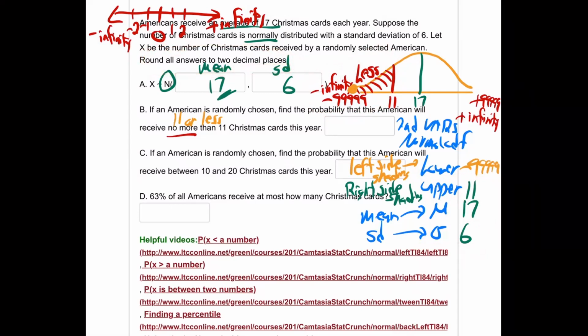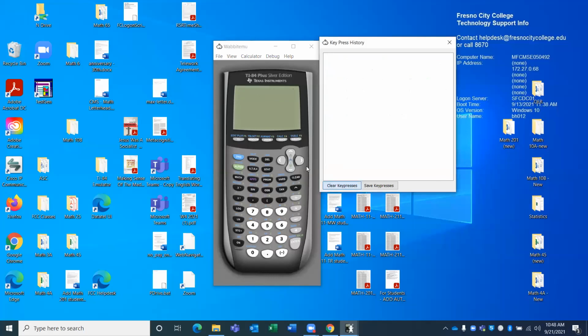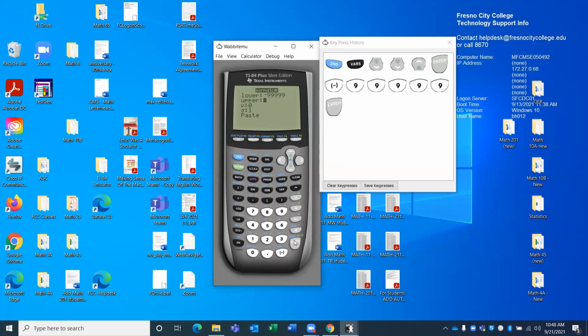So I'll go to my calculator on this one and clear it. I'm going to go to second vars, go down to normal CDF, enter. Okay, my left edge is going to be negative 5 nines. You could do 6 nines, whatever. It's just negative infinity. My upper, my right edge of my shading is 11. My mean is 17. And my standard deviation is 6. Hit enter a couple times. And there we go,